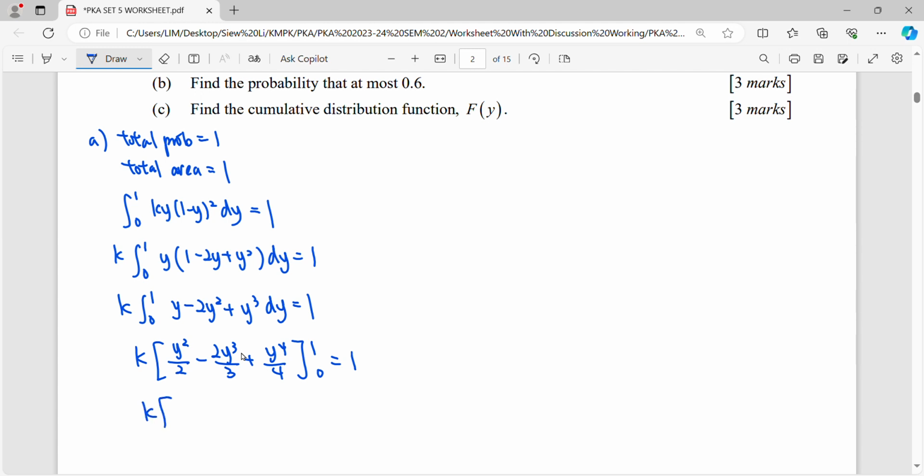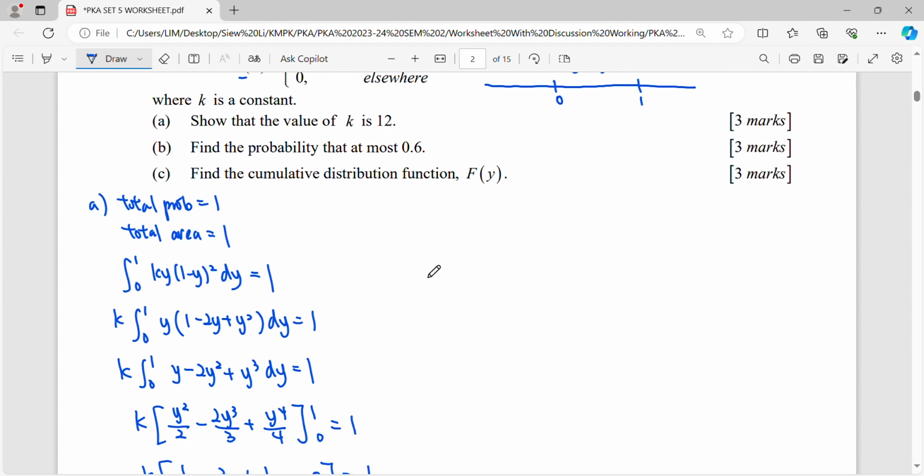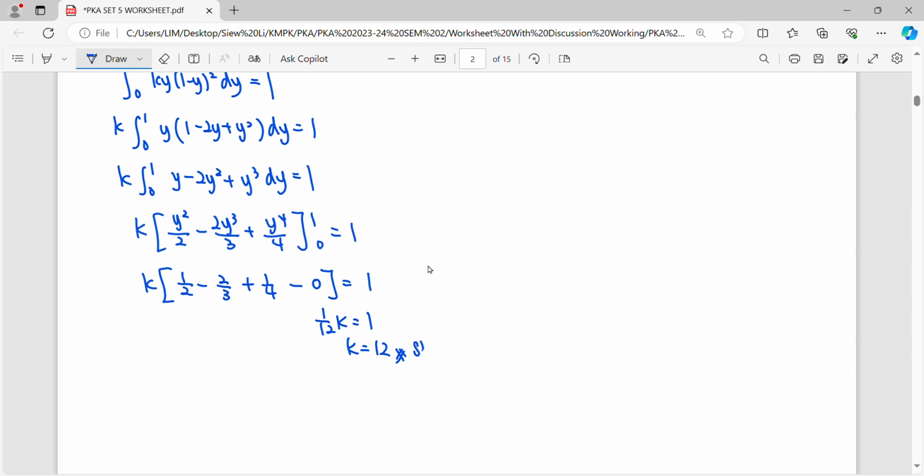Then we substitute our upper limit 1 minus lower limit 0. When we substitute 0, anything will become 0 also. To simplify this, we get 1 over 12 k. Therefore, k will equal 12. So we have shown this answer. Then for part B,